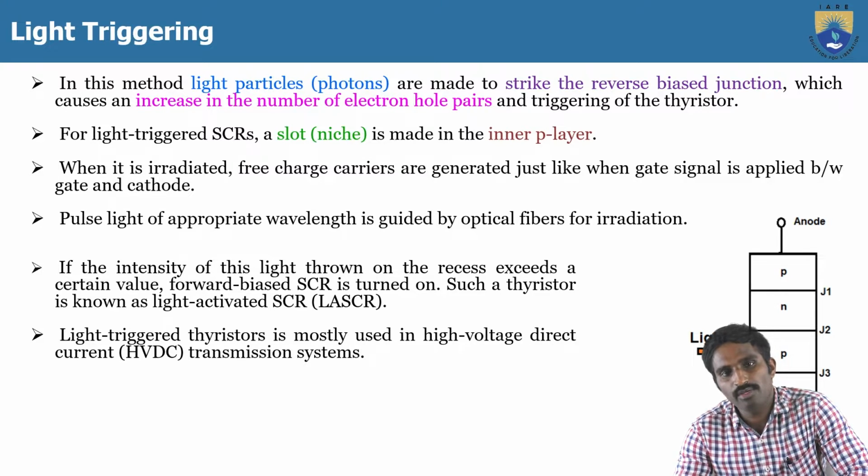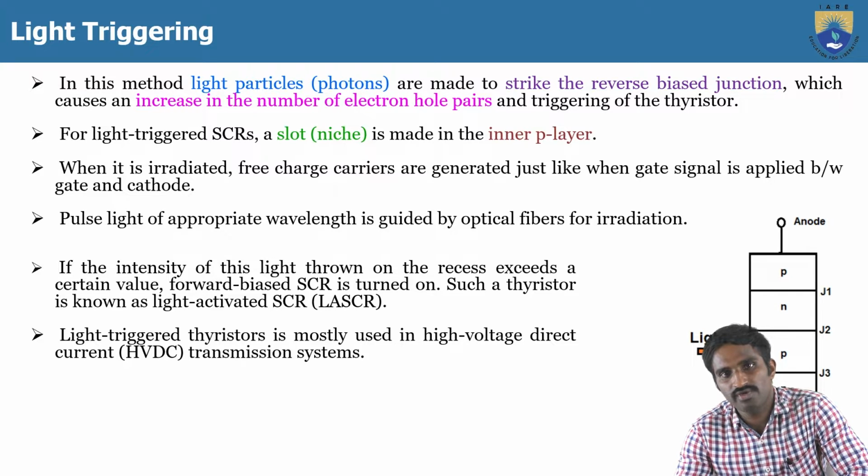The common point that we can observe from all these triggering methods of the SCR is that if you want to trigger or turn on the SCR, you must apply the forward biased voltage. The forward biased voltage is nothing but the anode being positive with respect to the cathode. You must apply the forward biased voltage across the anode and cathode. And the second thing is,